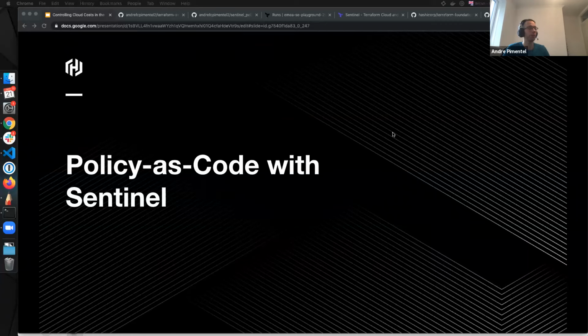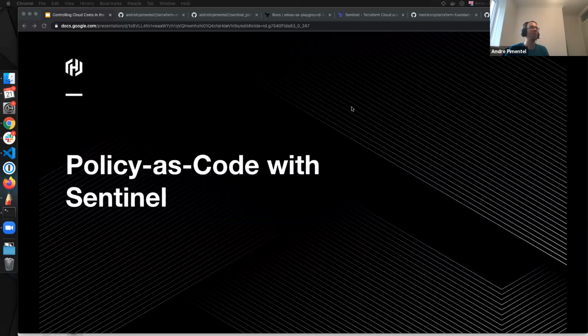We have the learn tracks, and I'll show you some examples of Sentinel here. Sorry if that's a bit overwhelming to see Sentinel, which is a bit different from writing HCL. But if you see our docs and our learn tracks on learn.hashicorp.com, you see that Sentinel is pretty similar to HCL and pretty easy to learn.